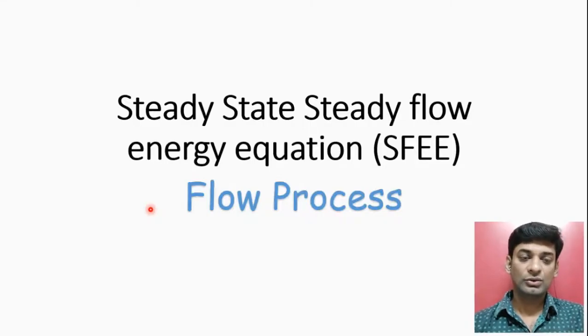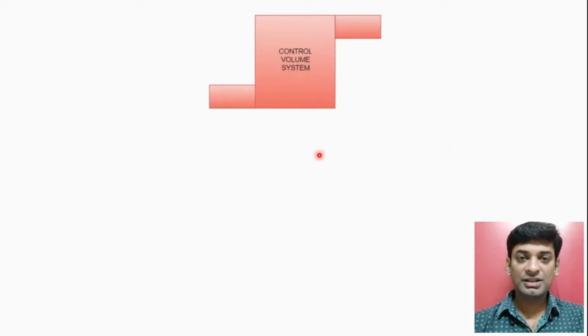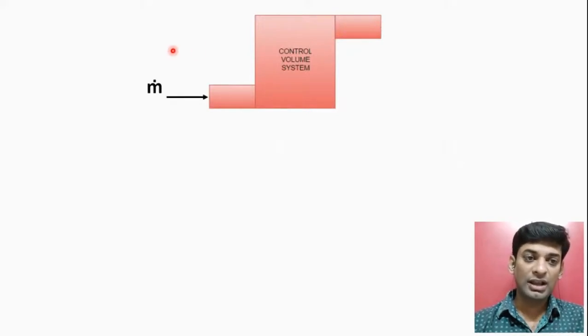Hi friends, today I am going to teach you the steady state steady flow energy equation derivation. Initially I am considering a control volume system. It has one inlet pipe and one outlet pipe. Initially I am assuming a constant mass flow rate, fluid is entering into the system as well as leaving the